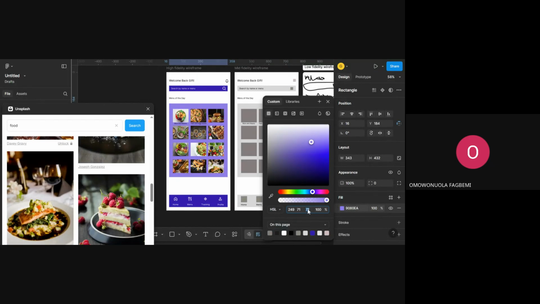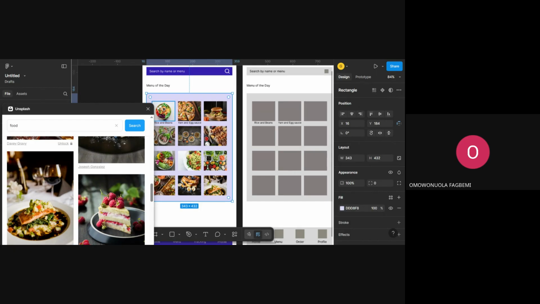This is not my part, but there's a way you reduce the lightness of a color. Just click the drop down, you would see HSL. If you click on HSL, you would see the hue, the saturation, and the lightness. So you can reduce the lightness to just reduce the color for you. It's the same hue, the same saturation, but a different shade, different